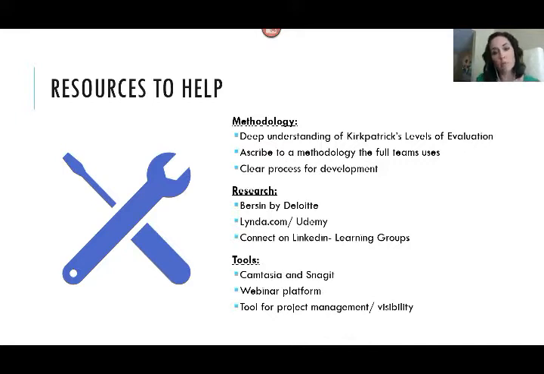A webinar platform, most likely your company has one. If they don't, you can find free ones, but definitely get a webinar platform if you decide to do webinars. And then a tool for project management. This is something that I always did once we were getting a lot of programs and projects going. It gives really good visibility to your team on what's happening, where things are, but it also gives really good visibility to your stakeholders on how much content you're creating, how long it takes you to create content, who your SMEs are, where you're having roadblocks.